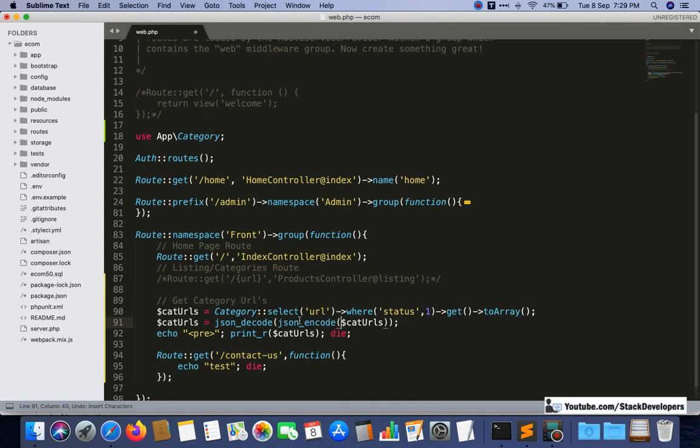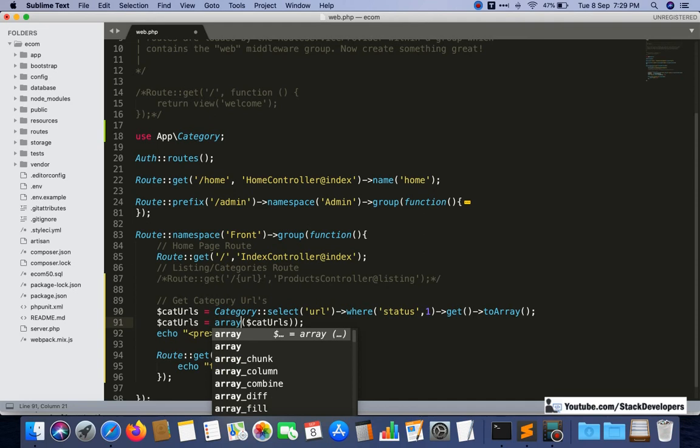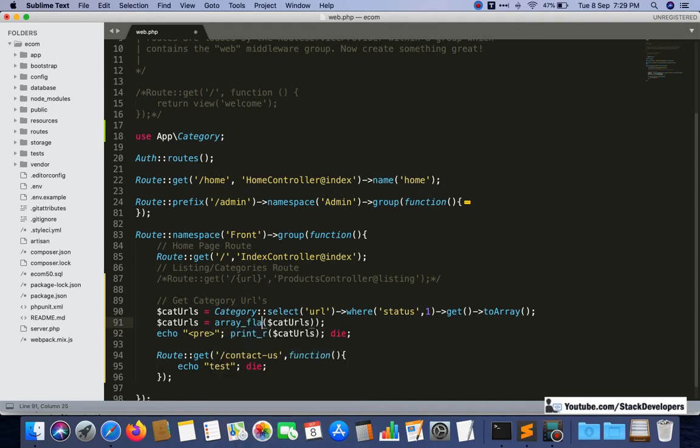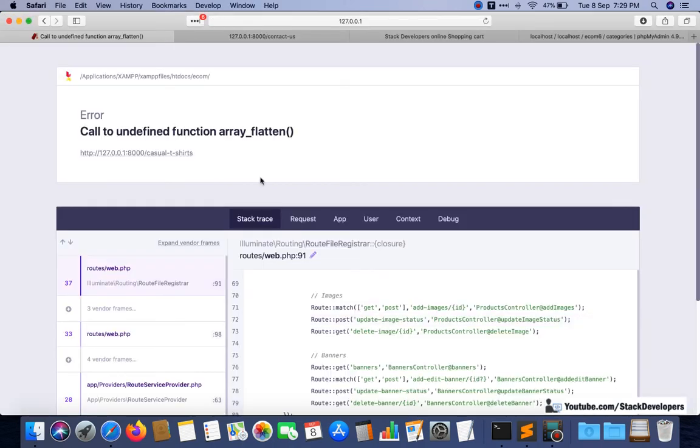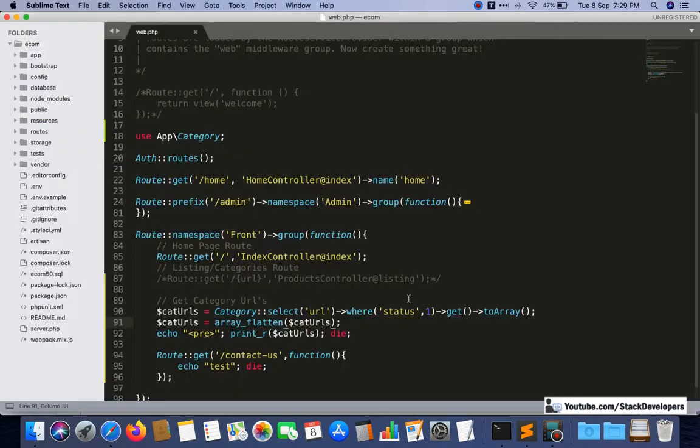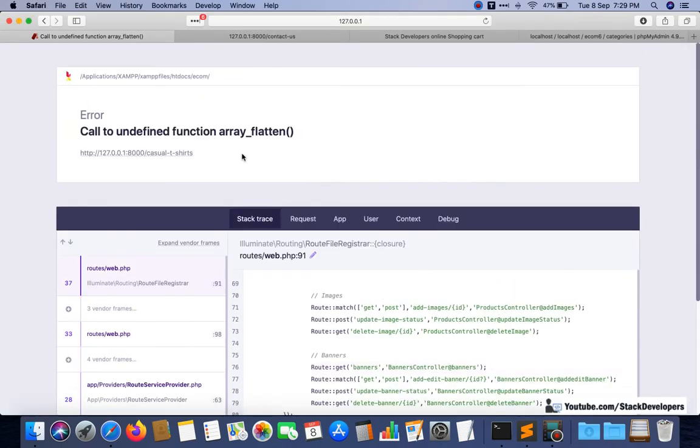This is already an array, so that is not required. We can simply use array_flatten and check now. Now it will remove one level of the array. Array flatten is not working.